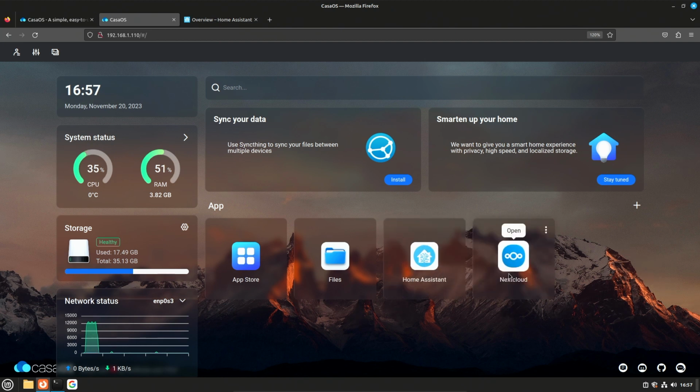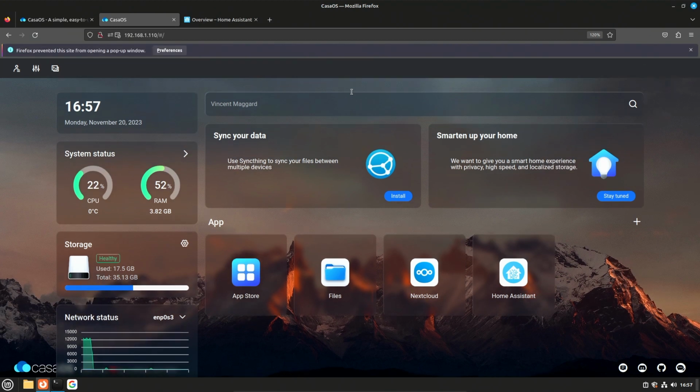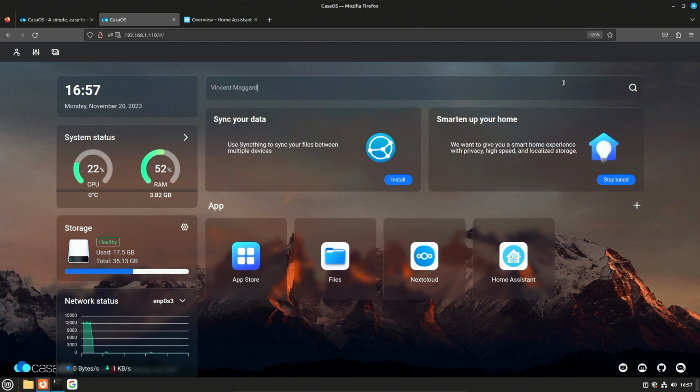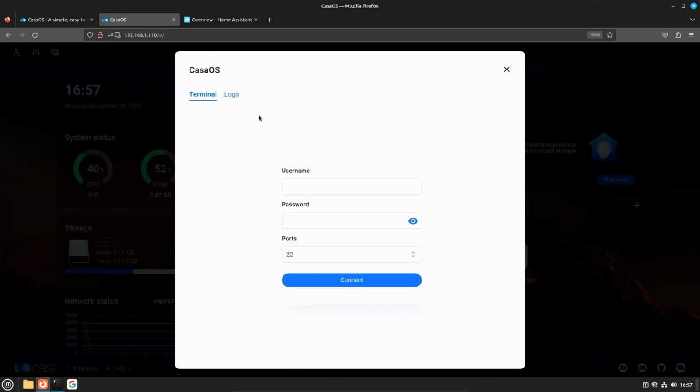We could drag it around. So maybe we want those swapped. You just click and drag. We can look at different network interfaces. I mean, it's self-explanatory. I guess this search is like DuckDuckGo. So if we search, it's preventing it from doing a pop-up. I don't care. I guess it just opens it in a new window or something. But yeah, so you could search for me or search for whatever.